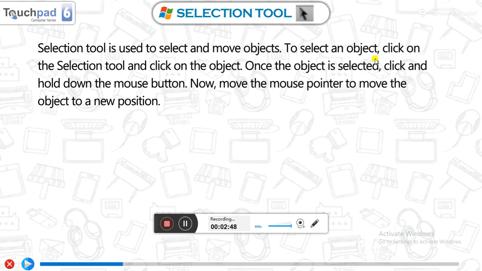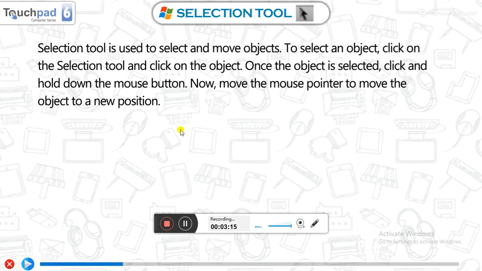To move an object, simply click on the selection tool from the tool panel and click on the object. Once the object is selected, click the left button and hold down the mouse button, and drag and drop to the new position.